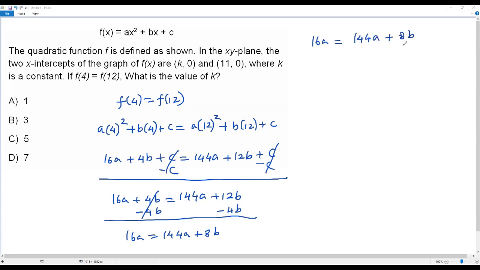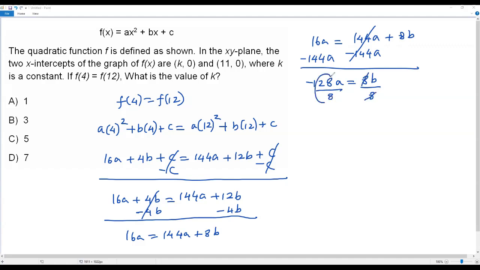So since I'm trying to solve for b, I have to isolate b on the right side. So let me subtract 144a from both sides. When I do so, this positive 144a and negative 144a will cancel out. And when I combine 16a and negative 144a, I'm getting negative 128a equals 8b. Okay, let me divide both sides by 8. When I divide both sides by 8, this 8 will cancel out. When I divide 128 by 8, I'm getting 16. The negative sign should be taken as it is, and the a over here should be taken as it is. So finally, I got the value of b in terms of a,